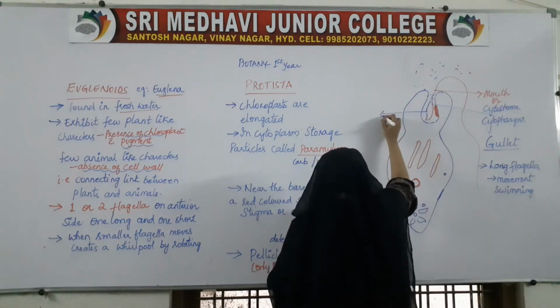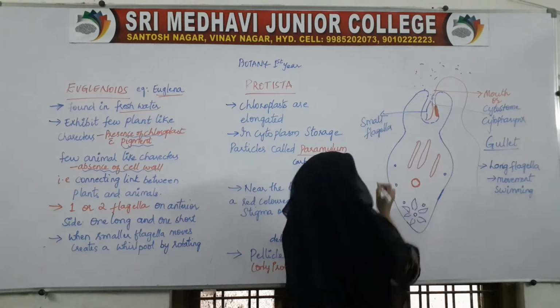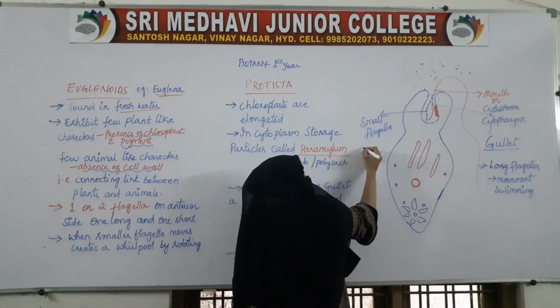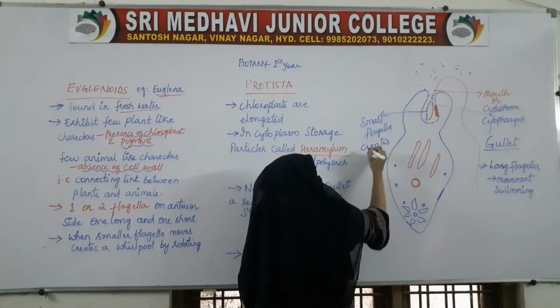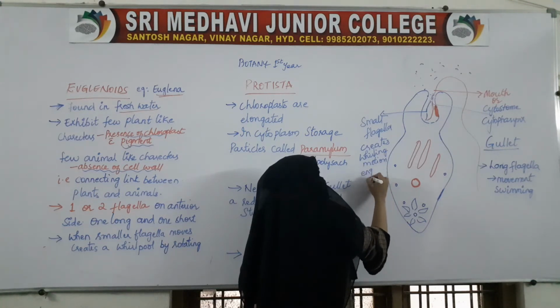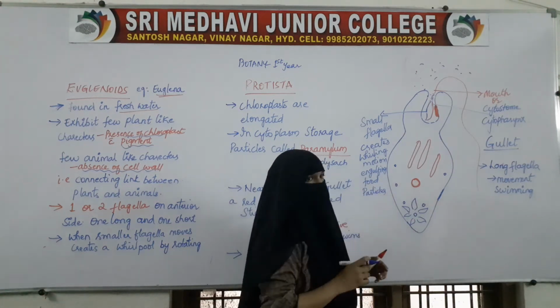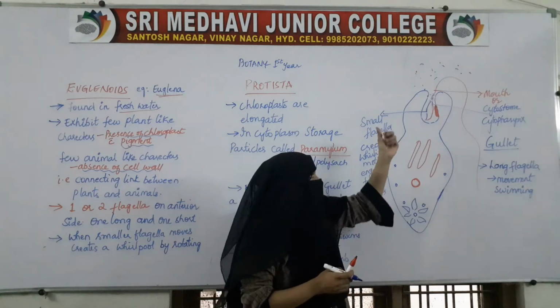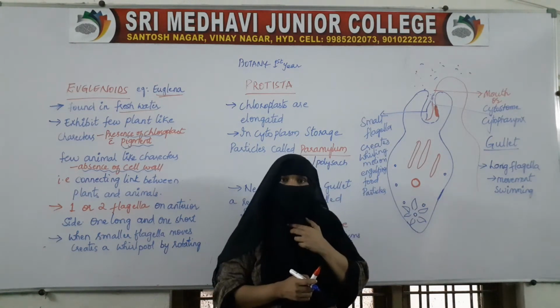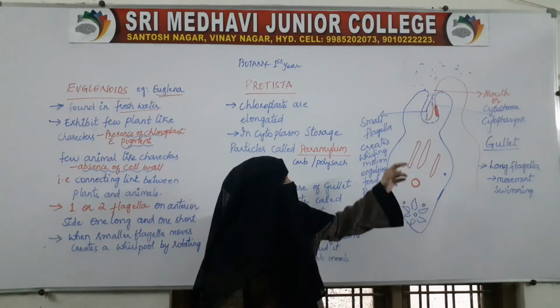And this small flagella creates a whirling motion, which helps in engulfing food particles. Because of the whirling motion, food particles come near it, and those particles are directly swallowed by Euglena